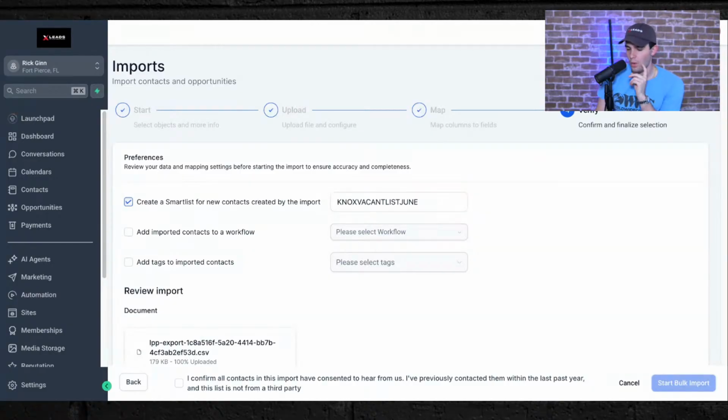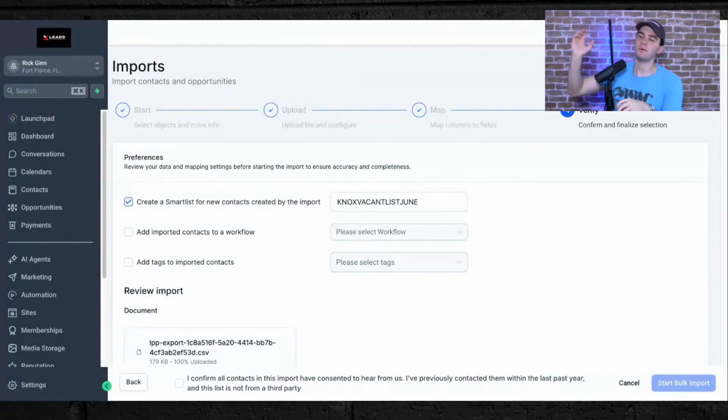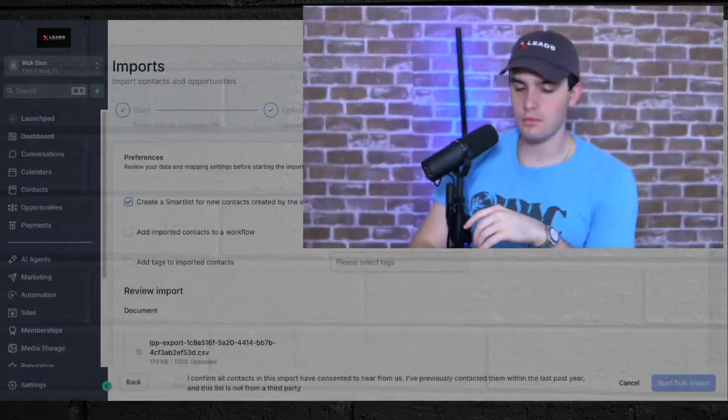Now, I have a choice, and this is if you're really a beginner, right? I can import this list and say, hey, I want to take this list and call this list. Okay, that's cool. I want to take this list, I want to text them, right? So how requests are filled inside of XLeads Ninja Mode is by tagging. Think of it as a magic sticky note. So if I go to a car and I put my car wash sticker on it and I just put a little sticky note on it